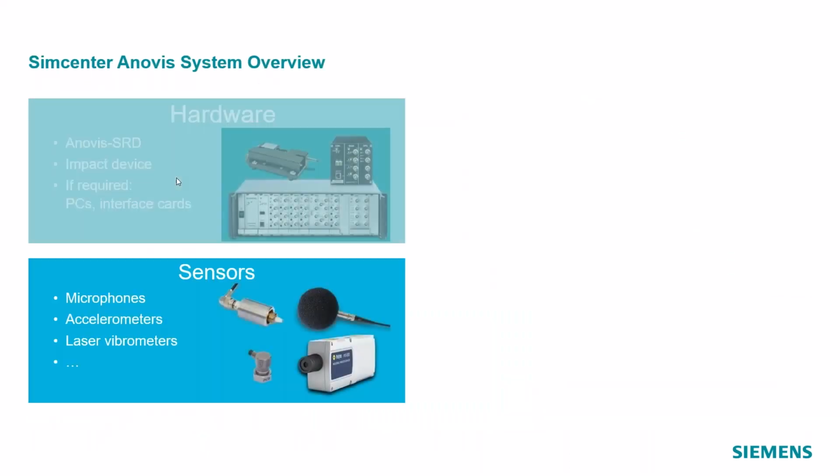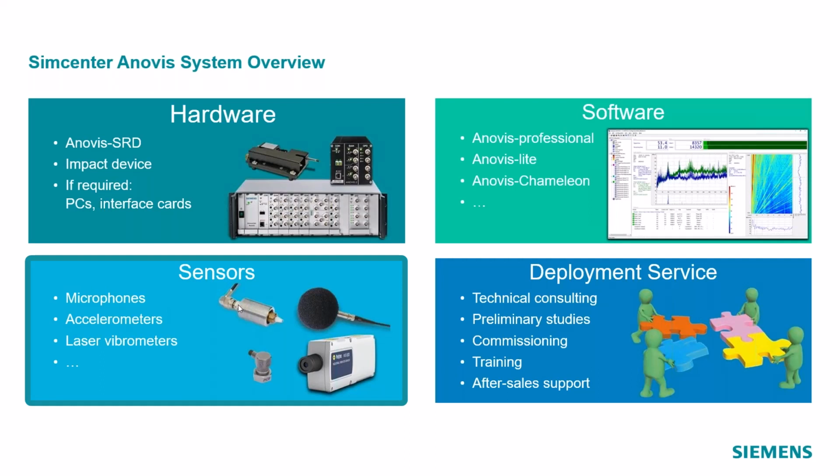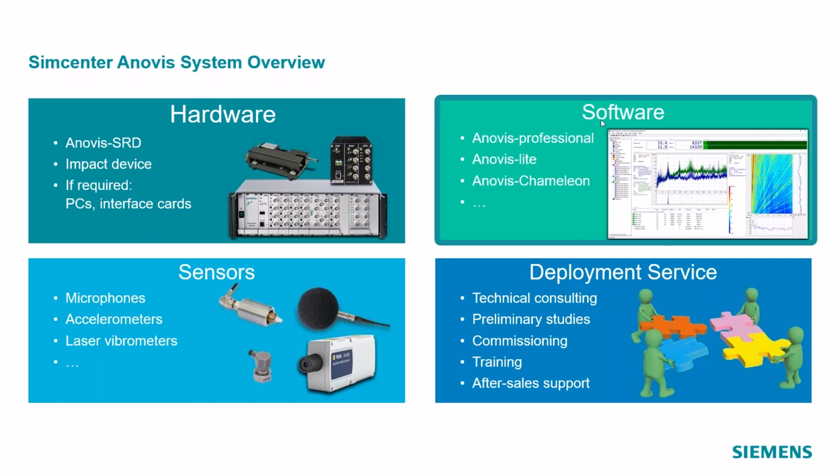The next slide shows what belongs to the complete system. We usually provide the complete solution that consists of sensors to acquire noise and vibration or additional measures. Then we provide hardware that is modular and adapted to the application in terms of the number of channels to record. Excitation hammers for non-destructive testing are also part of our hardware. And of course, the main intelligence is in the software. The software records the data, analyzes the signals, calculates metrics, and compares the metrics against limits so that we can identify the faults.